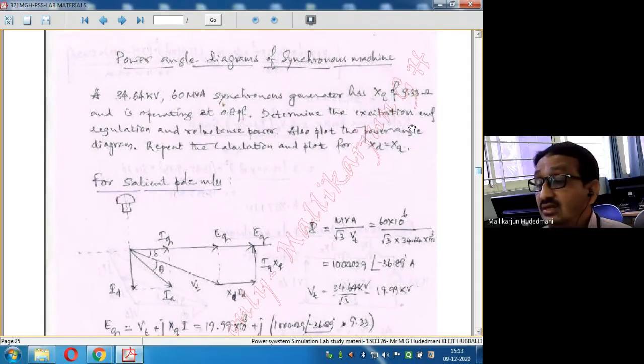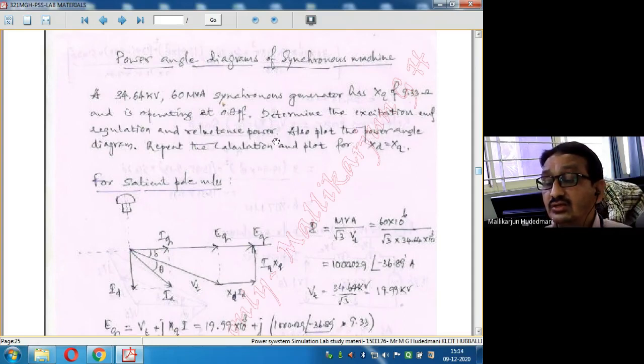What does it mean? It means that we have to repeat this experiment for the smooth cylindrical rotor fitted alternator concept also, wherein quadrature reactance is no more in the picture. It is nothing but direct axis reactance, nothing but the synchronous reactance of the machine only. XD equal to XQ states that it is a smooth cylindrical machine. Therefore, the work I perform in the initial part of the calculation is for the salient pole machine type.